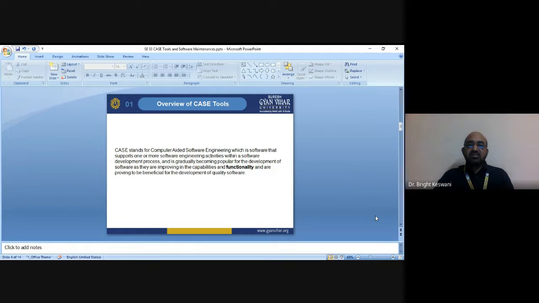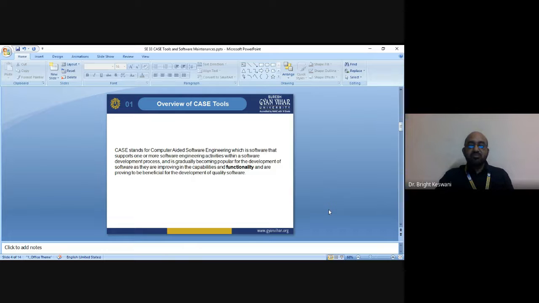CASE stands for Computer Aided Software Engineering. As I said earlier, computer aided software engineering tools are very important when you are studying system designing or the software engineering subject. The study of CASE tools is very important for you.